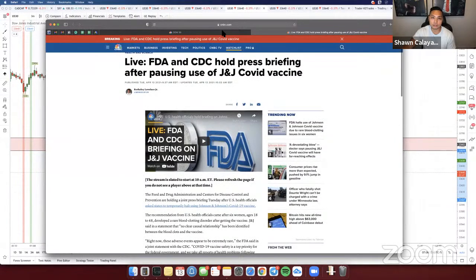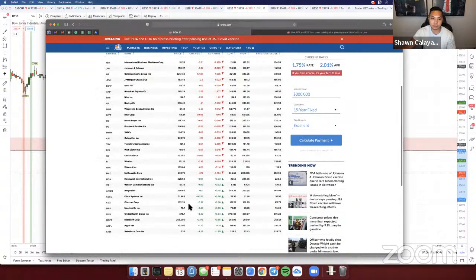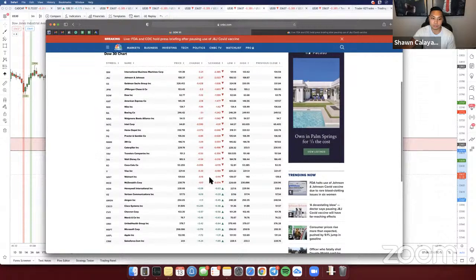And the COVID vaccine for J&J is not doing so well. So the majority of these are down, right? More than half of these are down right here. So if someone was to buy US 30 right now, it'd be a risky move. That's why I was saying,